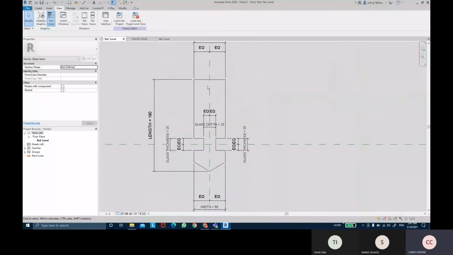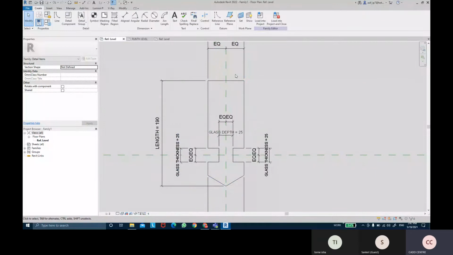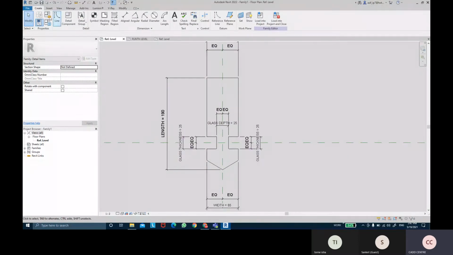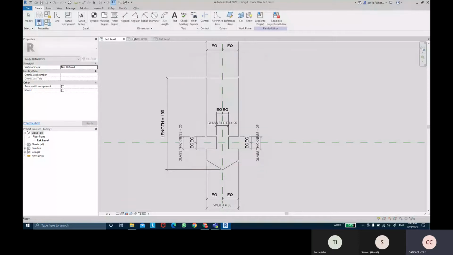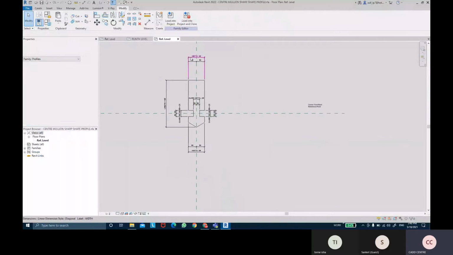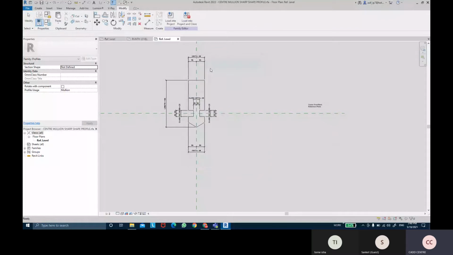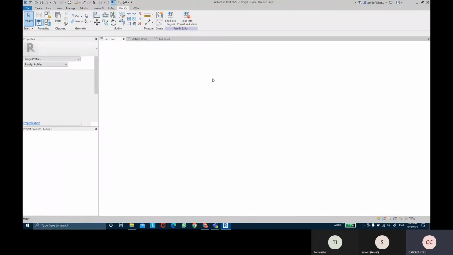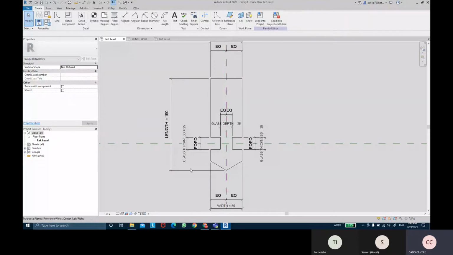So in the detail item family, you can see this is the detail item family. If you want to really make sure which family you're working on, if you come into this option which says family category, it tells you which category of family you are in. So supposing I'm in this family over here and click onto this family category parameter, it tells me this is the profile family. Okay, so in profile family, we're just gonna create the outer lines. We're not going to give any double lines. But in the detail items, we're gonna create the internal details of the center mullion.